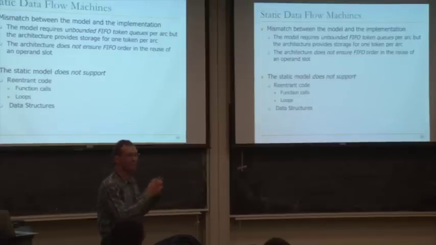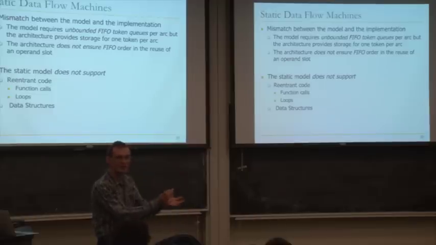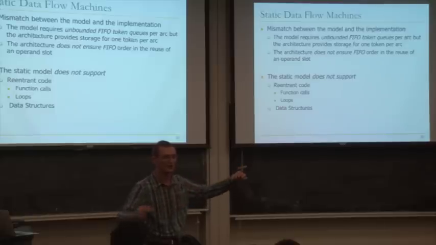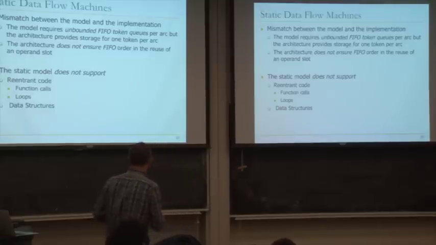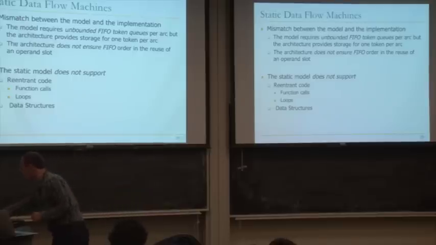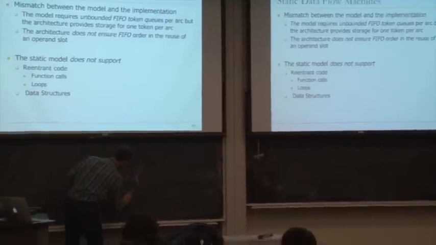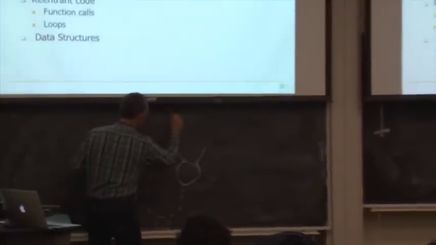So to get full advantage of the data flow, what you really want is to be able to execute multiple instances of the same instruction. Now, what does this mean? This means that you want to be able to store multiple tokens per input. Right? If you think about this, I guess this is better. You have this Dataflow node, and I'm going to do this looping, if you will.